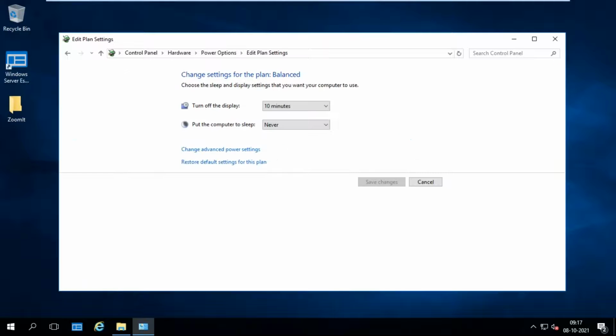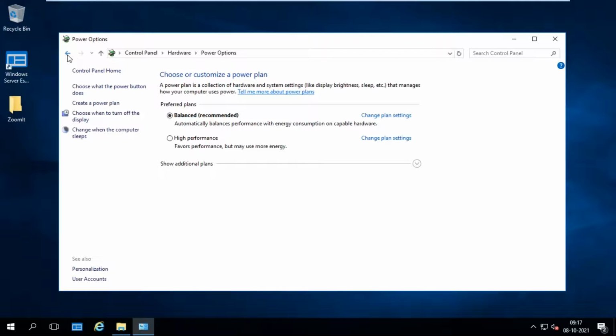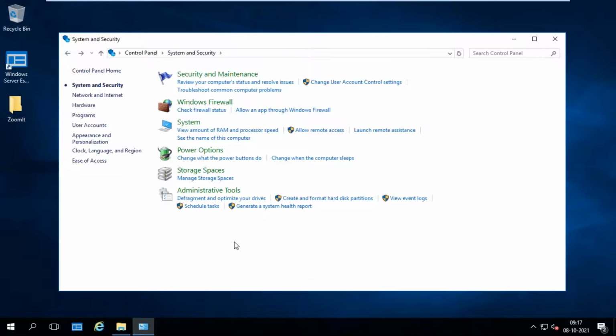Change. So turn off the display 10 minutes. I'm going to select never goes to sleep mode. Okay, now